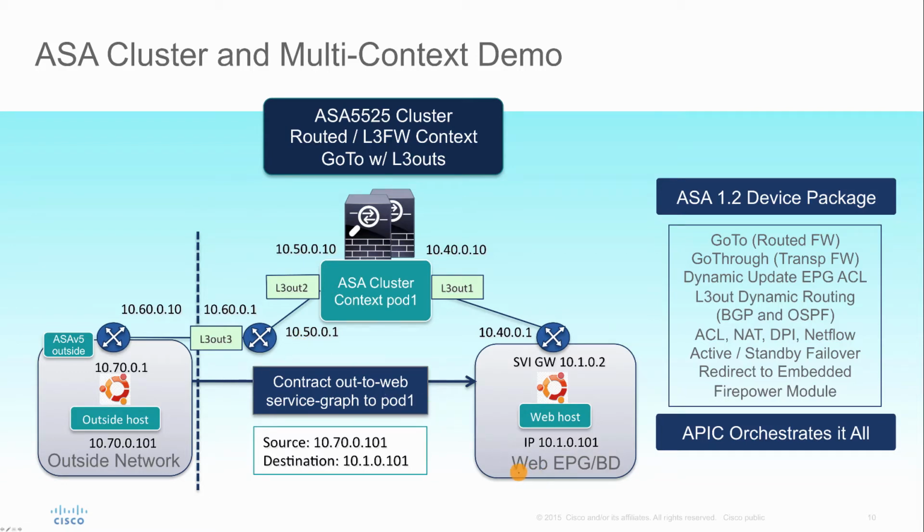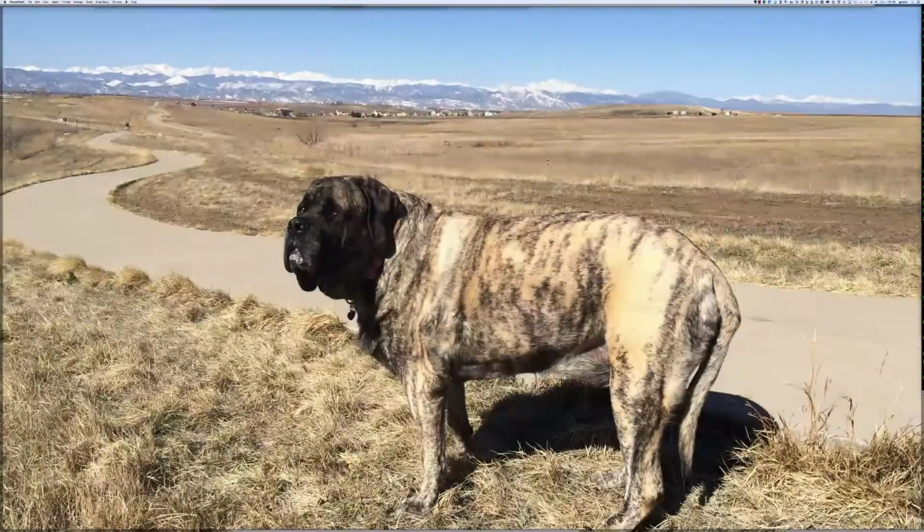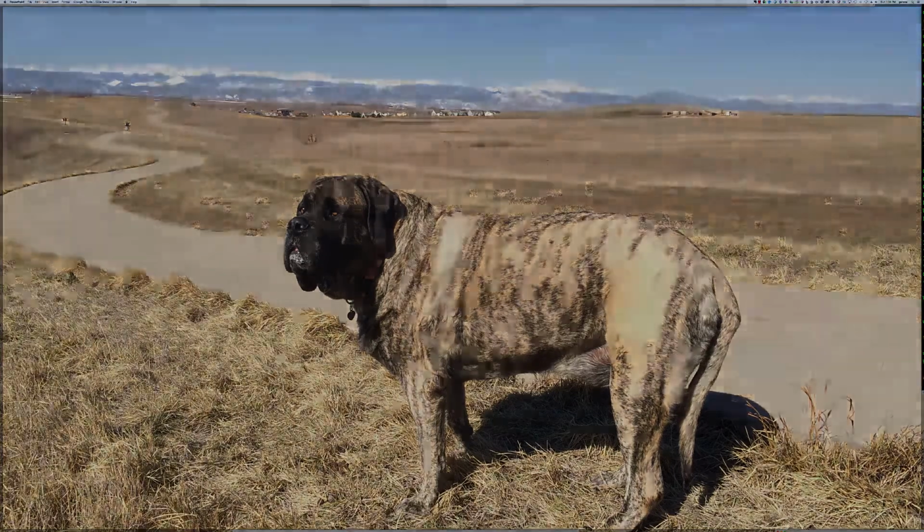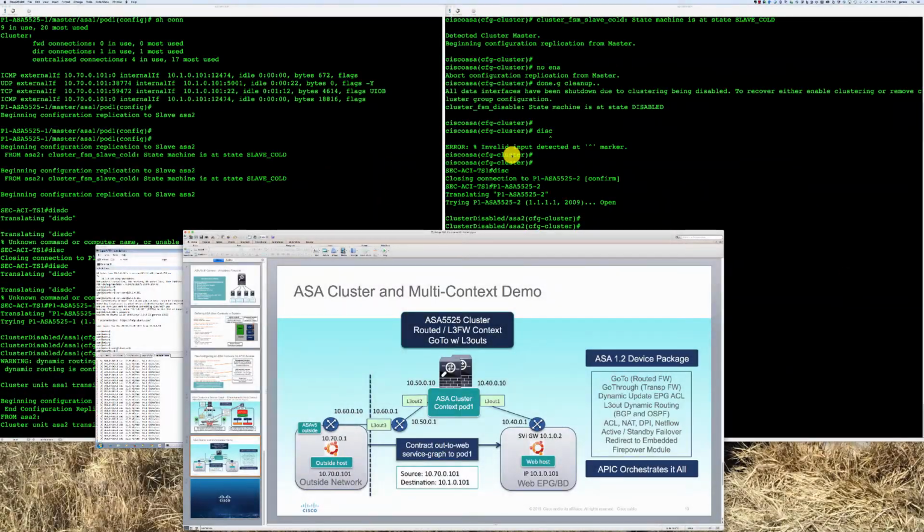So you can see here our web EPG is going through ASA to get out of the fabric to this outside network. So we're going to put all of these pieces in place and allow our ASA context to peer with the fabric and learn about these two routes that you see here. This is all enabled by the ASA device package, where we highlight this L3Out dynamic peering. We'll leverage OSPF in this case. So with that, let's look at our